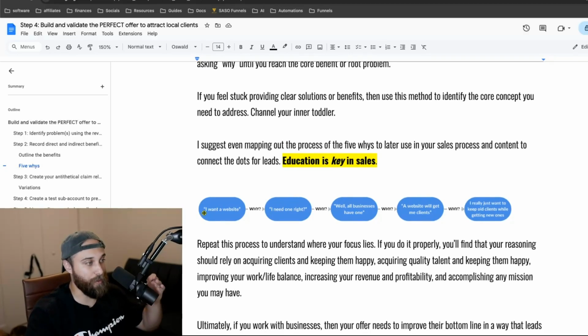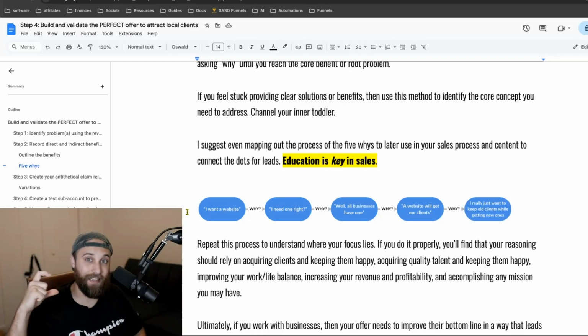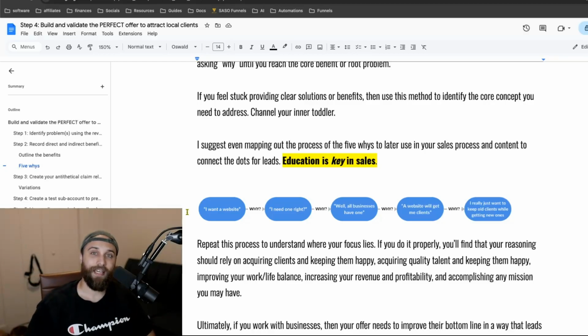So for example, some people will say, why sell websites? And I'll ask them why. Well, clients need them. Why? Well, every business has a website. You need a website. Why? Well, a website will get me clients. Why? Well, I really just want to keep old clients while getting new ones. Okay, cool. So you thought the delivery mechanism was a website, when in reality, this is what you're trying to accomplish. Now, because your intention is that you want to keep old clients while getting new ones, yes, the website's